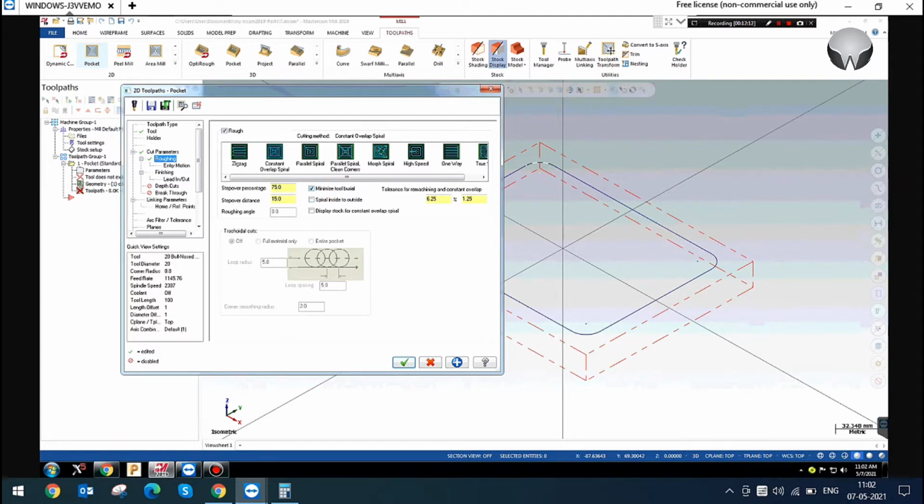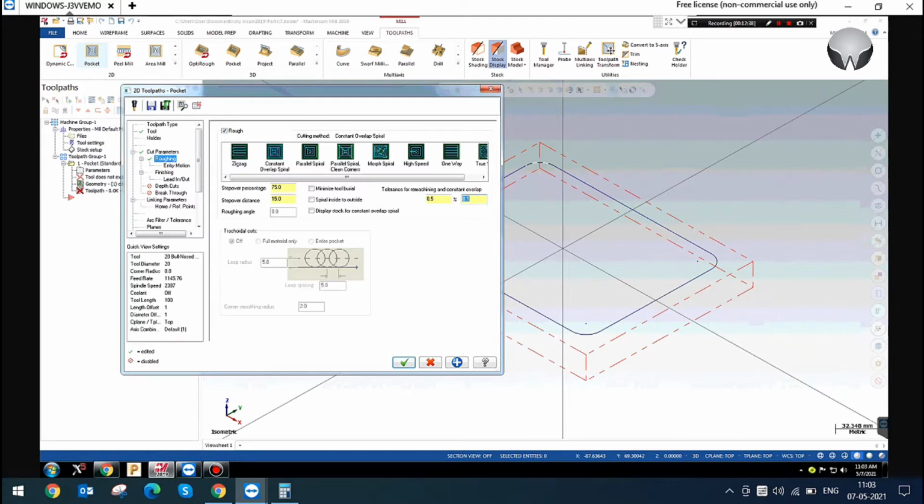And the minimize tool burial option. Minimize tool burial is called effective machining in such a closed chain. Closed chain means there is no long distance for tool running. I will explain. And you can give the tolerance for constant overlap spiral.